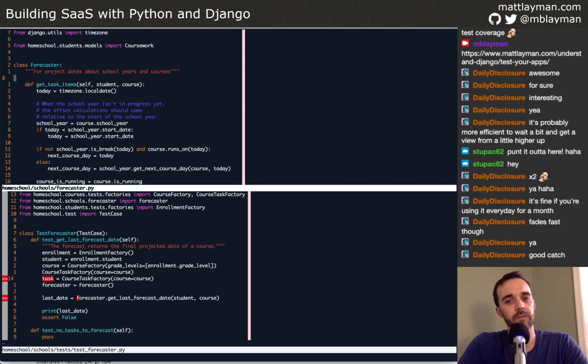From my perspective, this last forecast date sits on top of get task items. Get task items is an implementation detail. So from a reader's perspective, I like to put the implementations below. And what I mean by that is if you read enough code, and Python itself doesn't care about your method